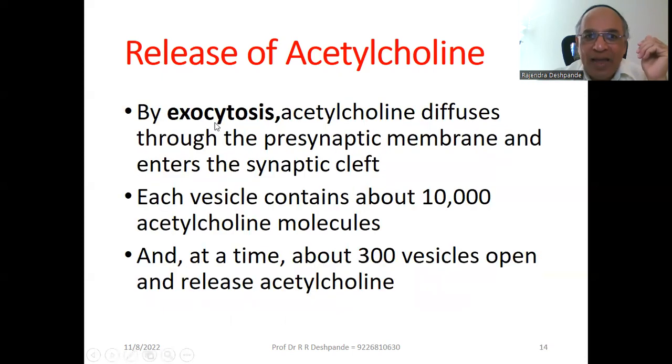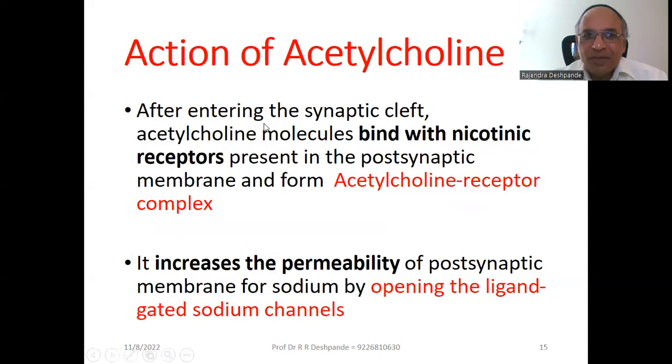Next, by exocytosis, ACh, acetylcholine, diffuses through the presynaptic membrane and enters into the synaptic cleft. Each vesicle contains about 10,000 acetylcholine molecules. A lot of neurotransmitters are there. And at a time, about 300 vesicles open and release acetylcholine. After entering the synaptic cleft, acetylcholine molecules bind with